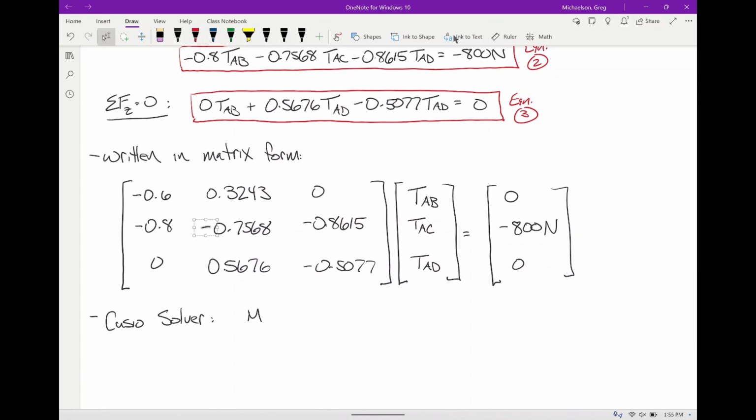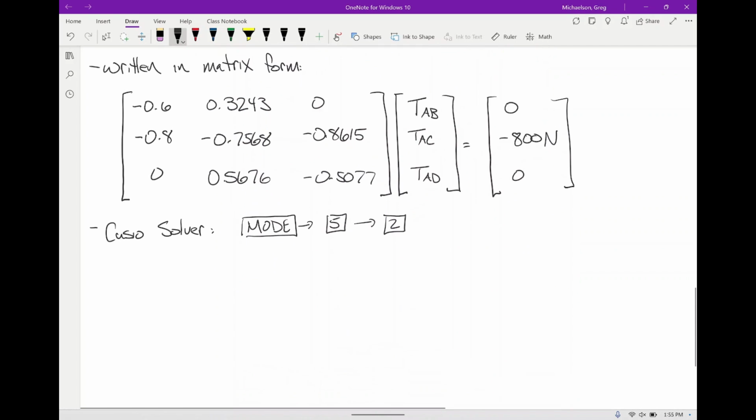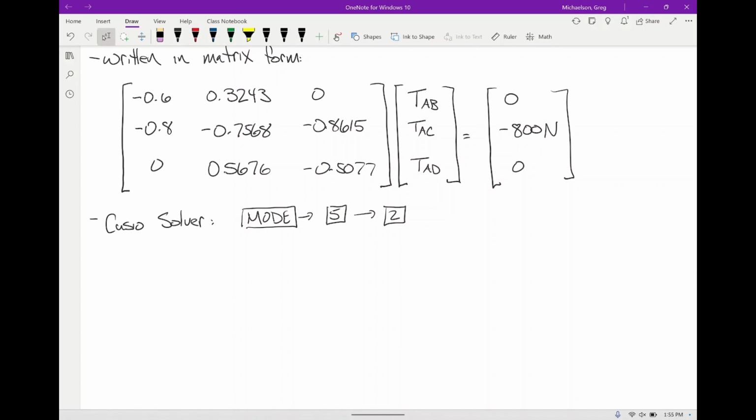Okay, so we have our 3x3 system. We can solve this in the Casio by going to mode 5 and selecting option 2. And so essentially what we're just going to enter is this table. And when we do that, we get